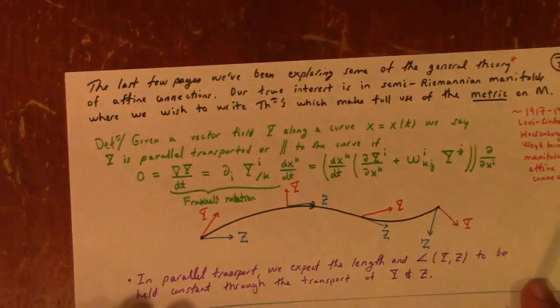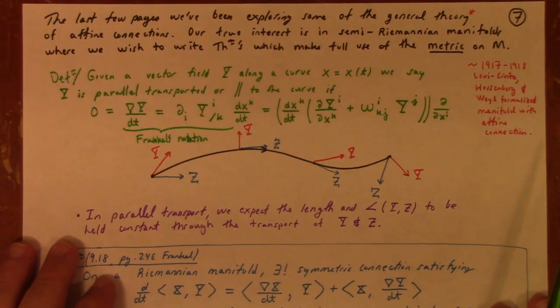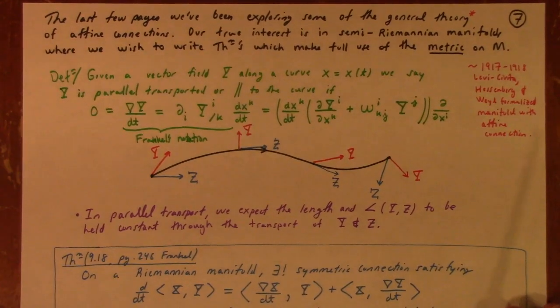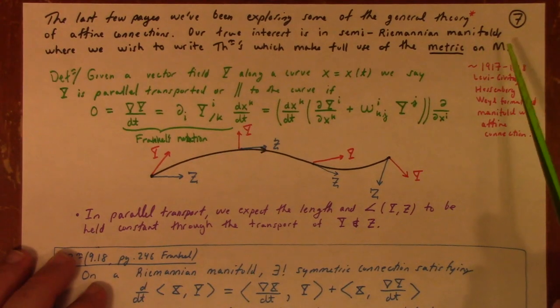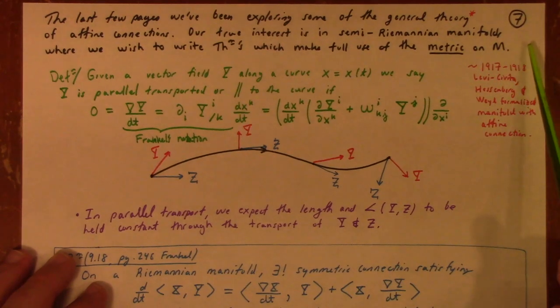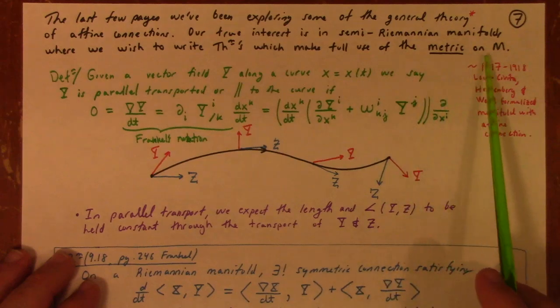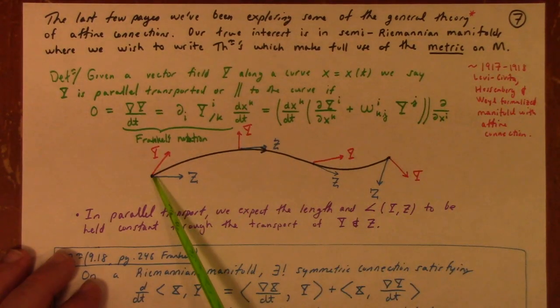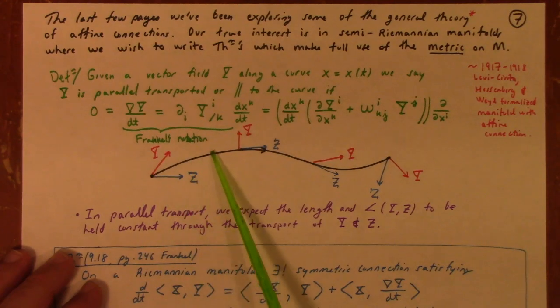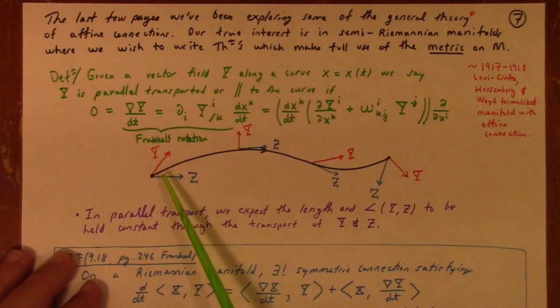All right, so continuing on here in my brief tour of some of the fun ideas from Frankel. The last few pages we've been exploring the general theory of affine connections. Our true interest, of course, is in semi-Riemannian manifolds. And we want to write theorems that make full use of the metric on M, all right? And so, essentially the main order of business here is to define parallel connection, parallel transport, right? So